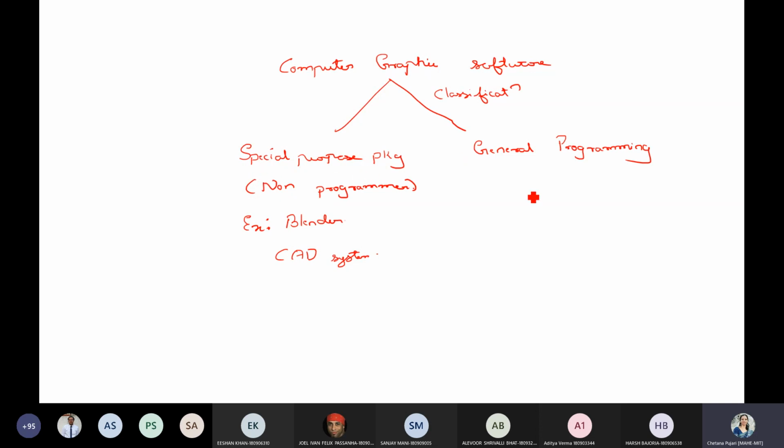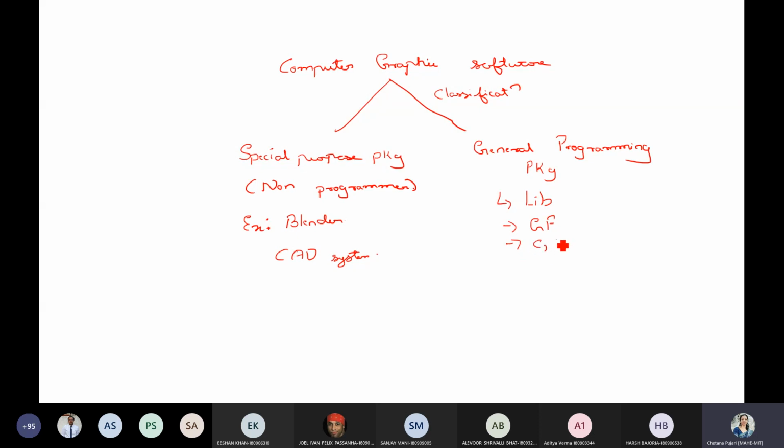And here it is the general programming package. As the name suggests, it is basically for a programmer. It provides you with different libraries which consist of different graphical functions, and there are different programming languages involved based on the type of application you have selected.